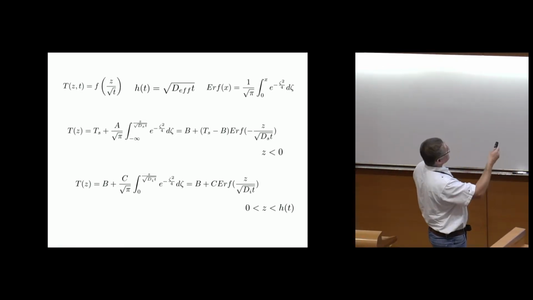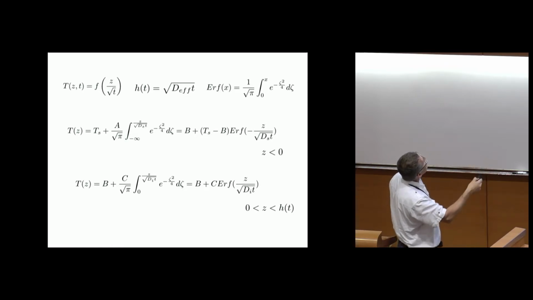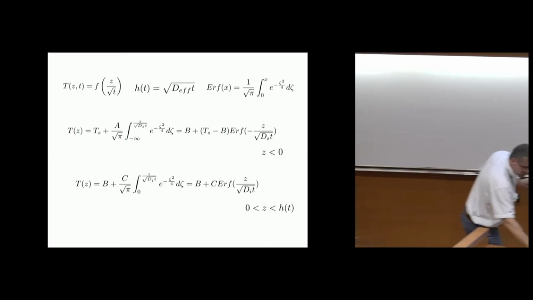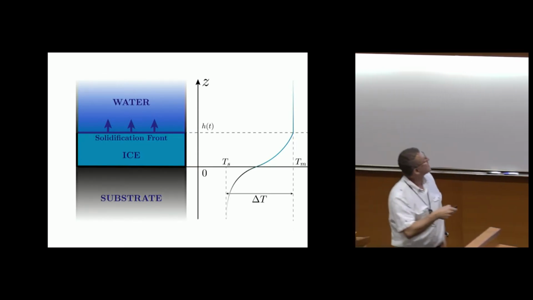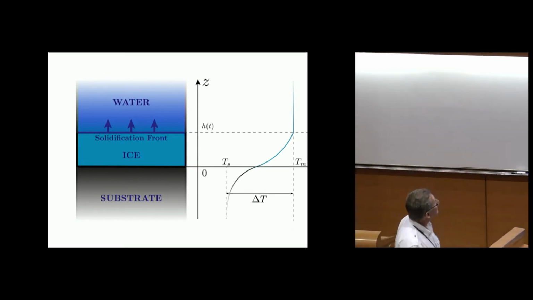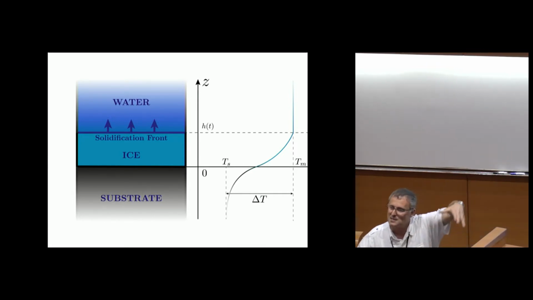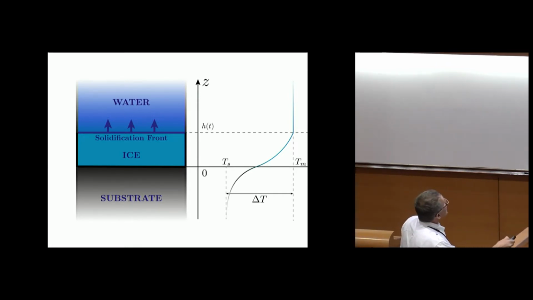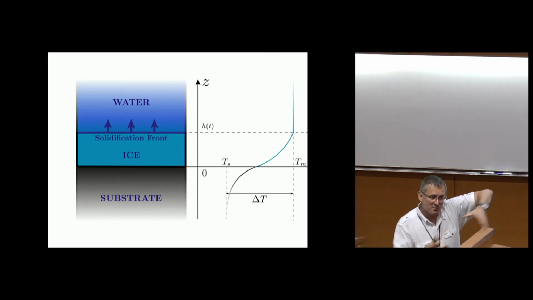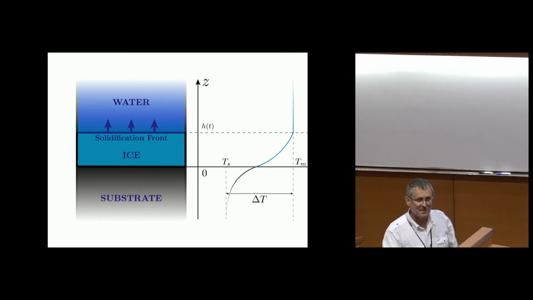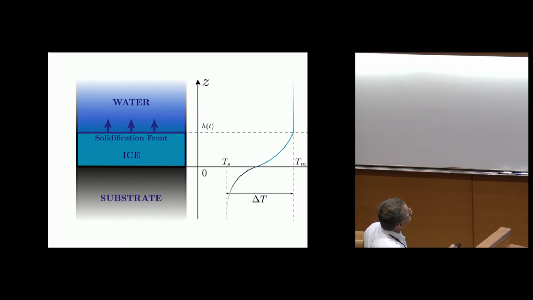So you have these two self-similar solutions, and we need to solve for A, B, C, and then having A, B, C, we need to also find D_f. So the unknown for us somehow is D_f through A, B, C. Just to make sure that you understand what we are solving, at the end of the day, the solution we will find is this one. We have a temperature in the substrate that goes like an error function, which is a self-similar solution. So as time goes on, it spreads here. In the ice, you have the same type of function, but with a different diffusion coefficient D_i instead of D_s, but it goes as well like square root of time.